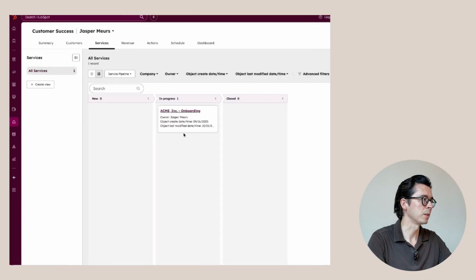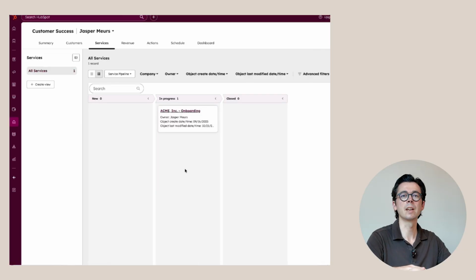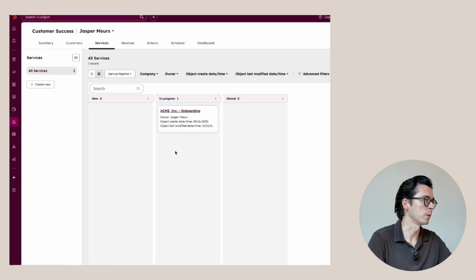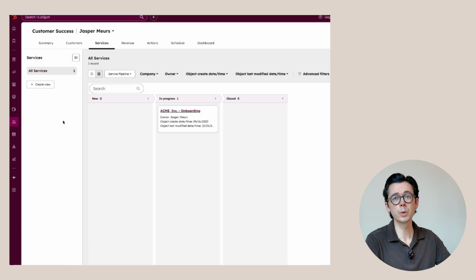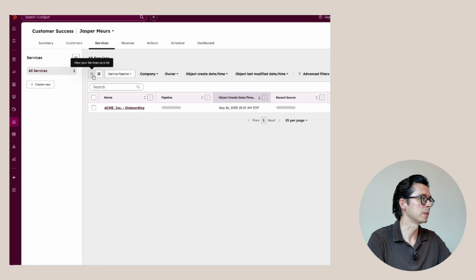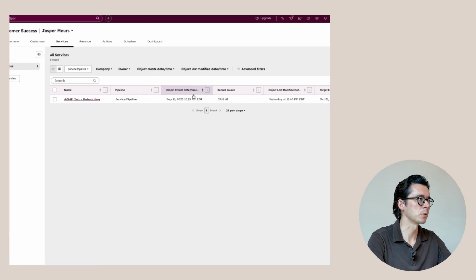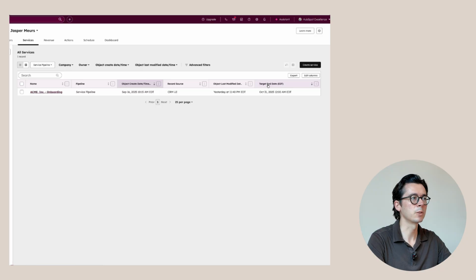So we can set this up customized for your business specifically, and this way you can keep track of the different onboardings that you have going, and we can also add information to these cards here so you get an easy overview of where all of these businesses are at. Again, we can create multiple views here on the left side as well, and we can also view this in a list view. If you have a lot of accounts, sometimes that might be easier and you can sort them based on the create date or the target end date so that you can easily see which of these onboardings